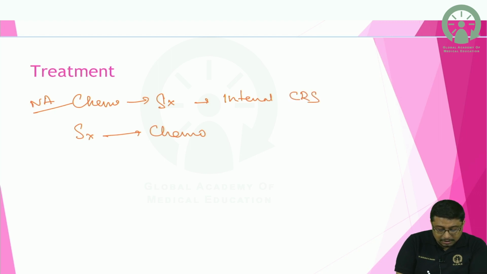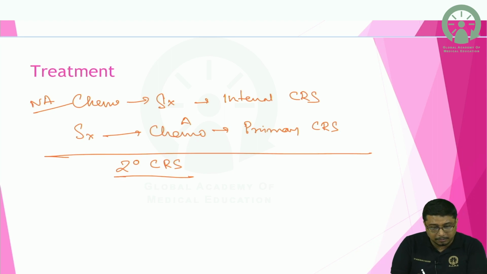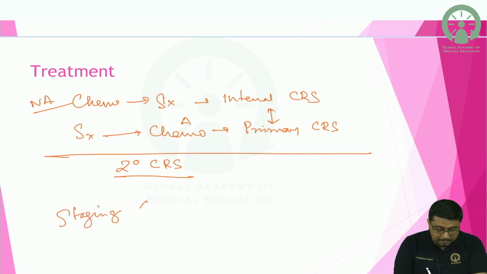Whereas when we do surgery followed by adjuvant chemo, it is known as primary cytoreduction, primary cytoreductive surgery. If there is a recurrence and we are doing cytoreduction, that is secondary cytoreductive surgery. And secondary cytoreductive surgery is not just the opposite of primary cytoreductive surgery. That is primary versus interval. Okay. And there is one more surgery which is called a staging laparotomy,